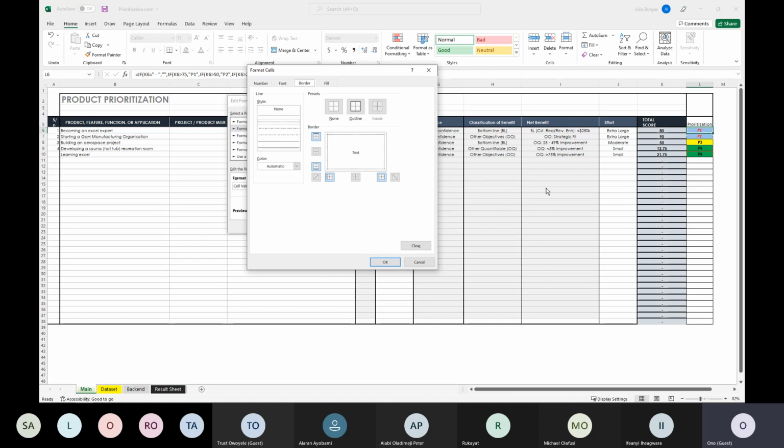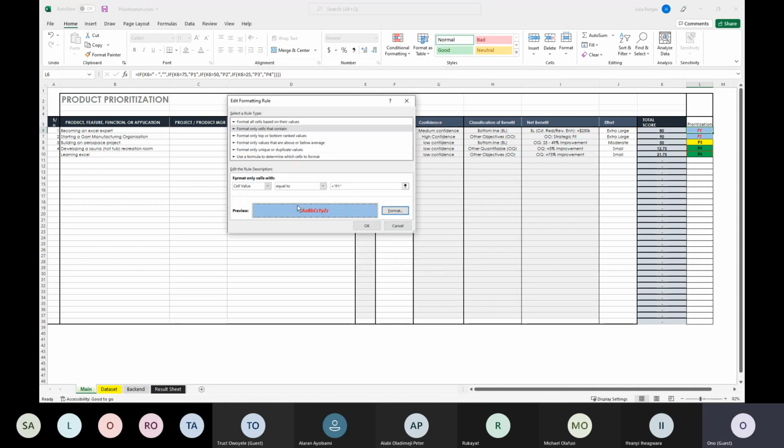If I wanted to change what the border looked like, all I'll do is select this, and then it's changed. I could also change the bottom part to look like this. And so we can see that this looks this way.